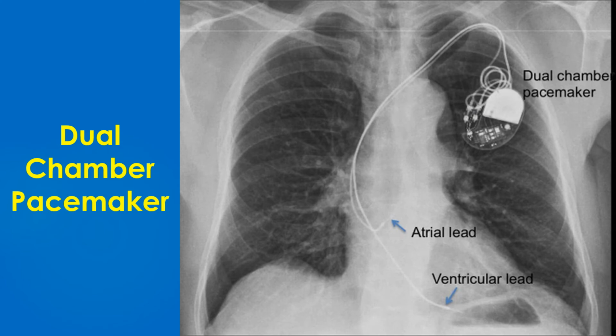X-ray chest PA view demonstrating dual chamber pacemaker with leads in situ. Tip of the atrial lead is seen in the right atrial appendage location. It is a J-shaped lead which is preformed to reach the right atrial appendage. The ventricular lead tip is seen in the region of the right ventricular apex and appears to be a screw-in lead. The dual chamber pacemaker pulse generator is seen in the left infraclavicular region. The leads are seen traversing the left subclavian into the left brachiocephalic vein to the superior vena cava and then to the right atrium and right ventricle.